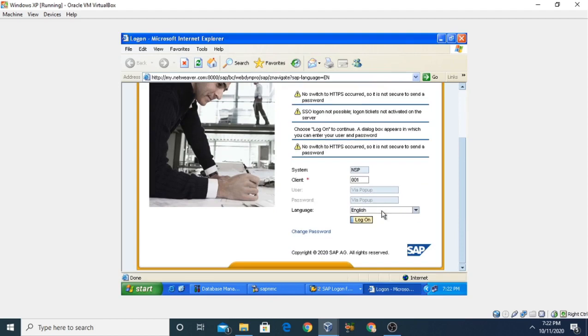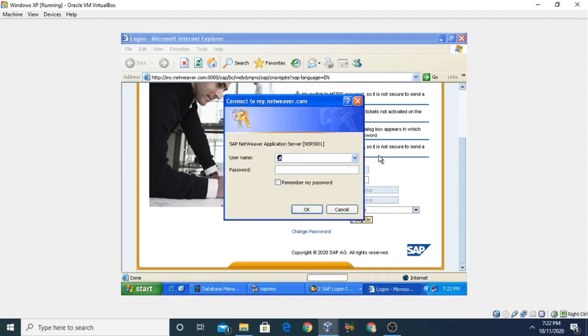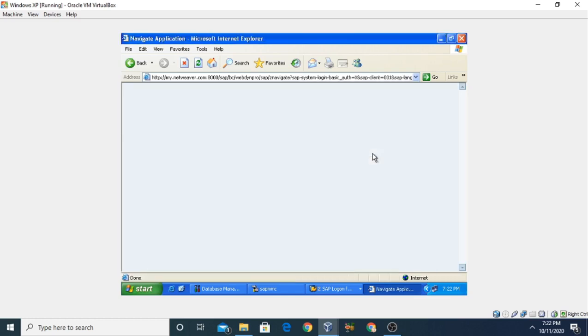It will ask for the username and password. Just click on the logon and give the username. This is username and this is password. When you click on it, it will open the web page, the first view, or first web page, on which we have created the button here. So this is go to second page and this is the name.